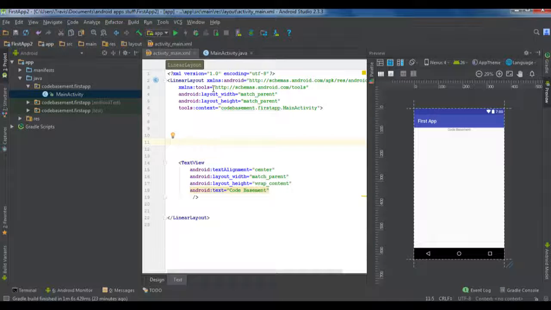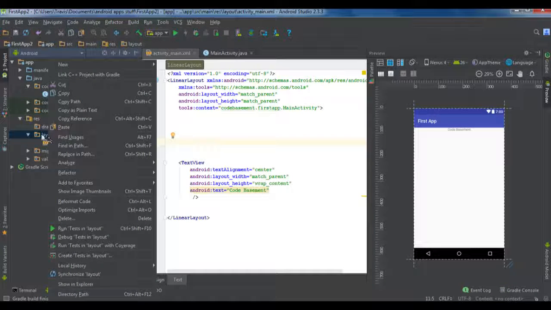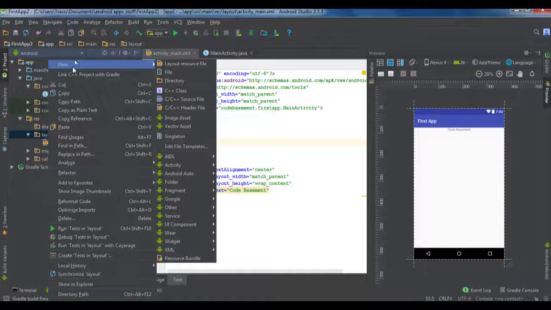So, linear layout. When you're creating a new layout, let's go to resources and layout, expand that. Here we have our activity_main. I'm going to create a new layout just for the sake of creating a new layout. So I right click, new. You don't have to do this, but I'm just doing this for example. New layout resource file,